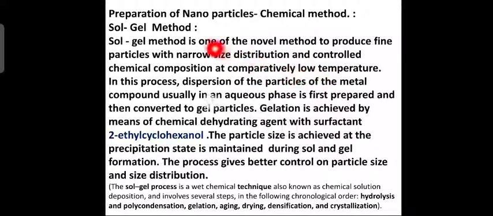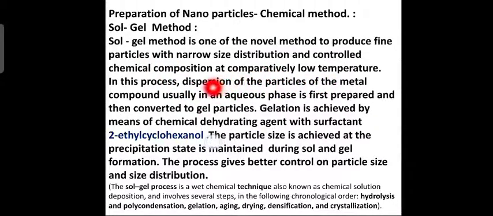You know that gel is one of the colloidal systems, correct? Sol is nothing but a colloidal solution, and gel is one of the types. That's why it is called the sol gel method. At a lower temperature you get particles of nano size. The method is called sol gel because the solution is converted into gel form. In this method, dispersion of the particles of the metal,